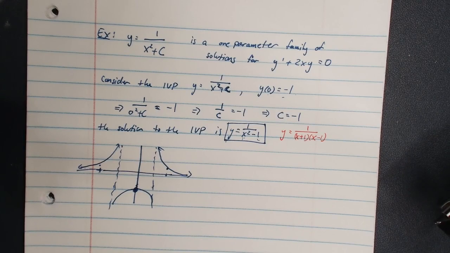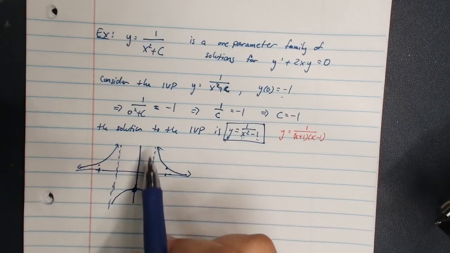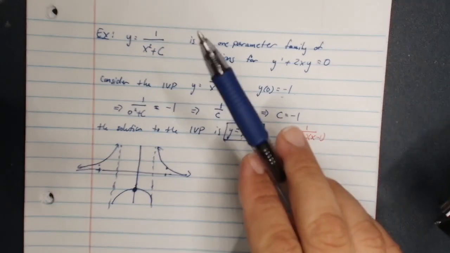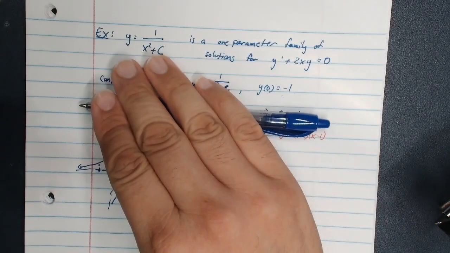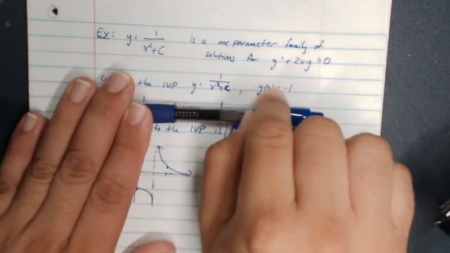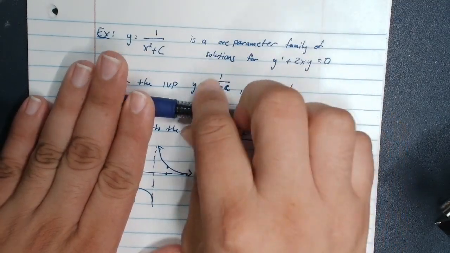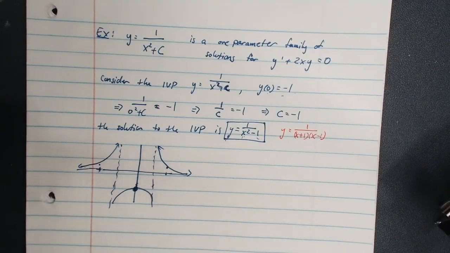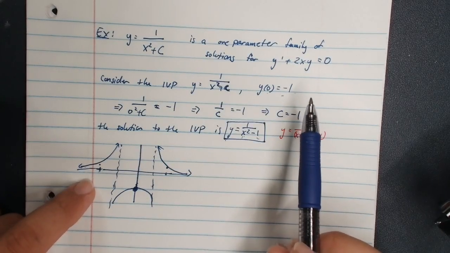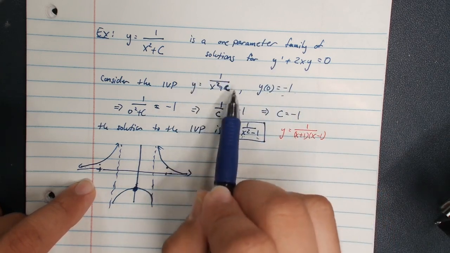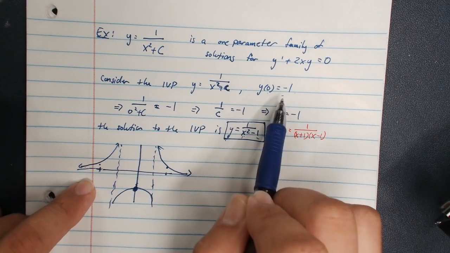Okay, but in the last section we also saw that, well, we can just pick a piece, right? There's 3 pieces here, so just pick one and that'll work, right? Well, if you're given no other information other than I'm trying to solve this problem right here, and I find that this is a 1-parameter family of solutions of this problem, then yeah, all 3 of these are equally valid, and so I could just pick one. But that's not the case anymore, because whatever solution I have not only has to satisfy this equation, not only does it have to be on this curve, but it also has to meet this initial condition,